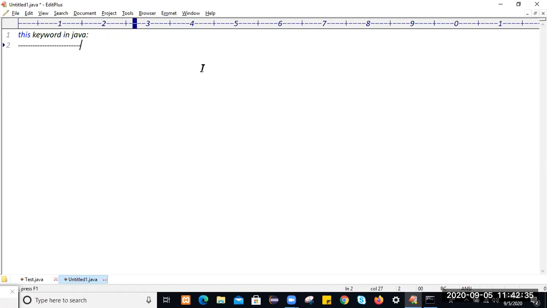Actually guys, when you create an object, how do we create an object? We always create an object by using the new keyword followed by the class name. Let's suppose the class is Test. By using Test like this, we'll create an object.